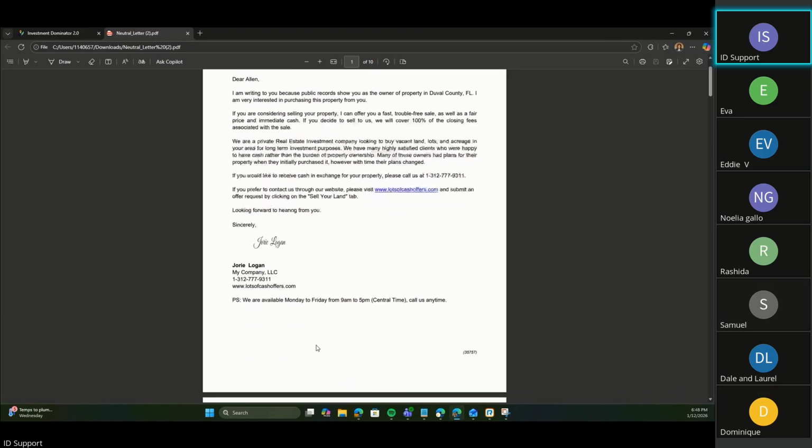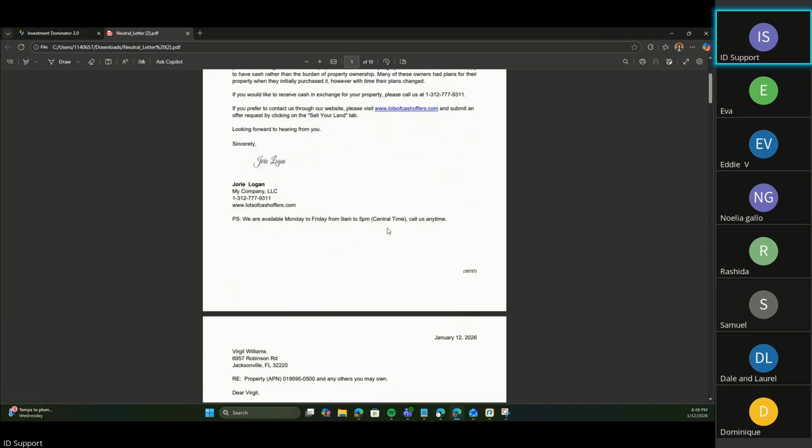And then it automatically populates your time zone, this PS line. In the legacy version, there's a space where you can make changes to this, because some of the customizations still live in legacy. But you can do that on the legacy side. If you don't like this PS line, you can change it to something else. You also have the reference ID number there.